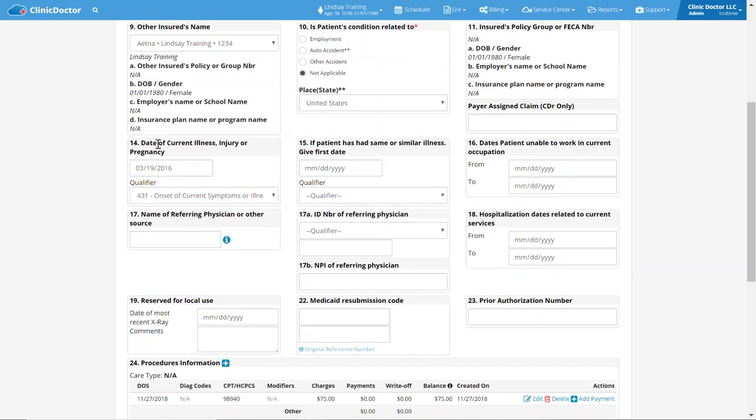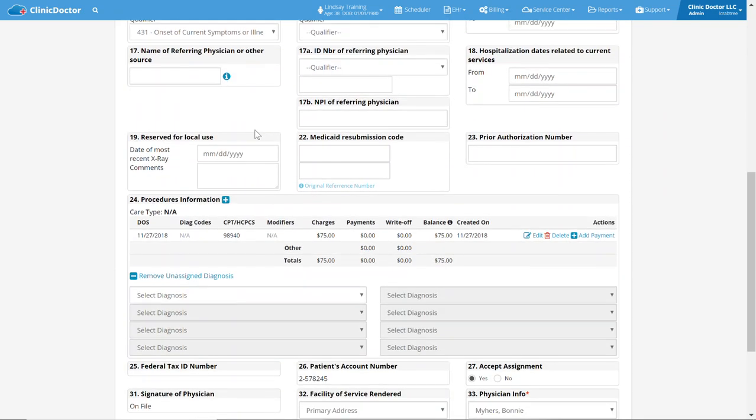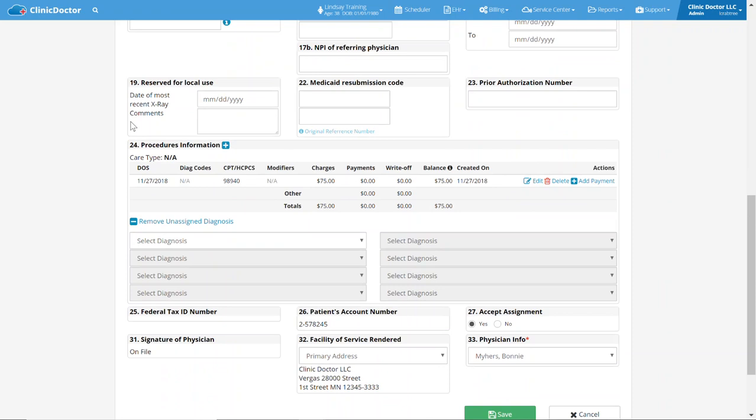And with box 14, we just need to make sure that this date of service is on or before the treatment date. It doesn't have to be the day of a specific accident since it's not accident related. And we can leave our qualifier at 431. So being that this is a chiropractic claim, again, we are able to skip 17 and 17B unless you have a specific payer that requires it, but normally with chiropractic, they do not. And we'll go down to 24 and edit our procedure,